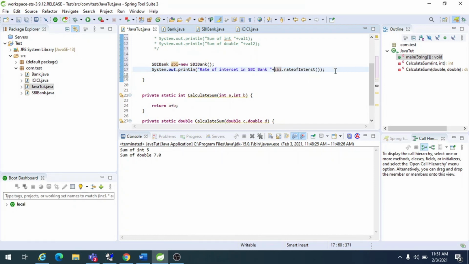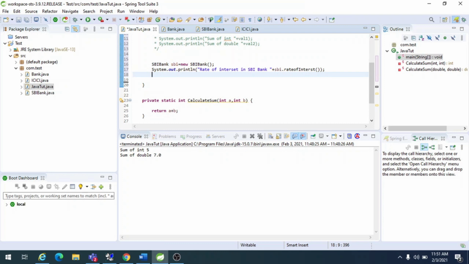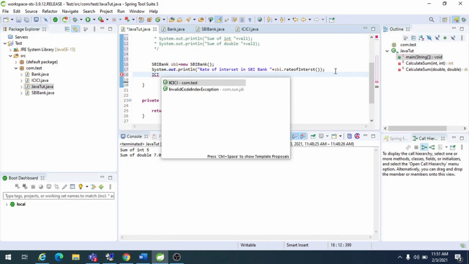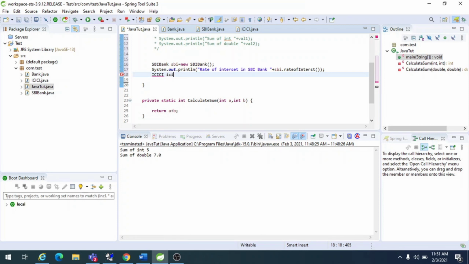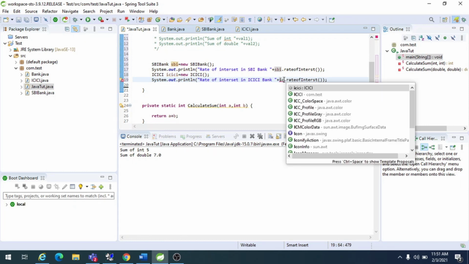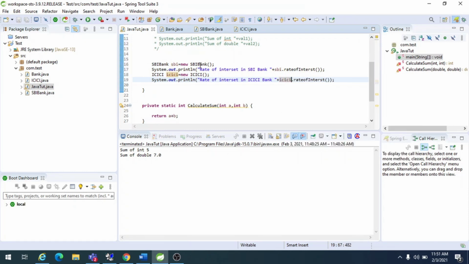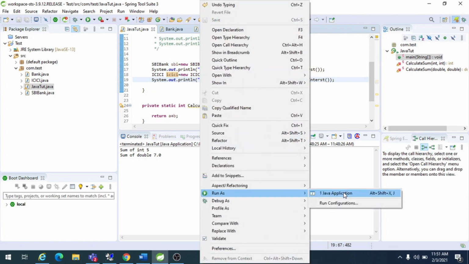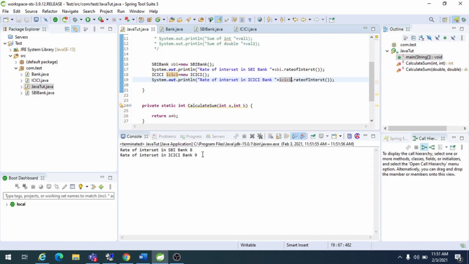Similarly, I will create an object for ICICI Bank and print it. So see, the rate of interest of SBI Bank is 8.